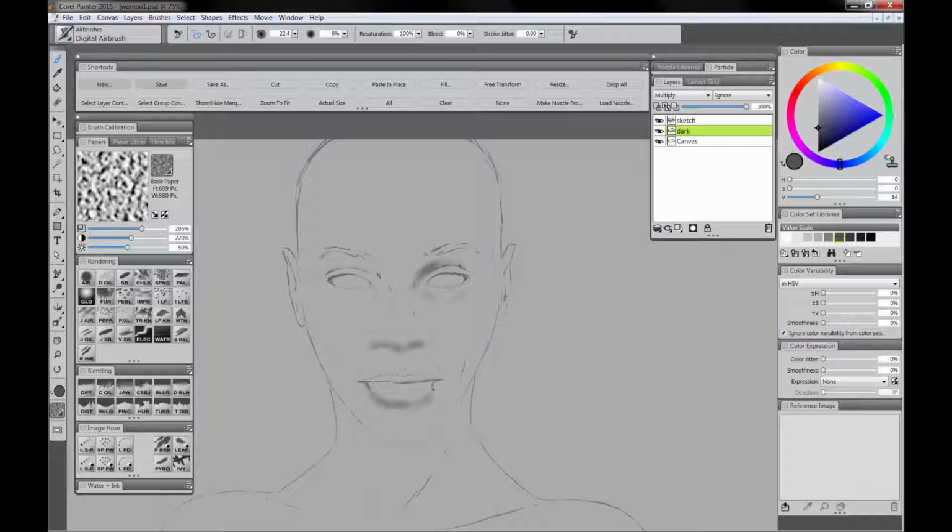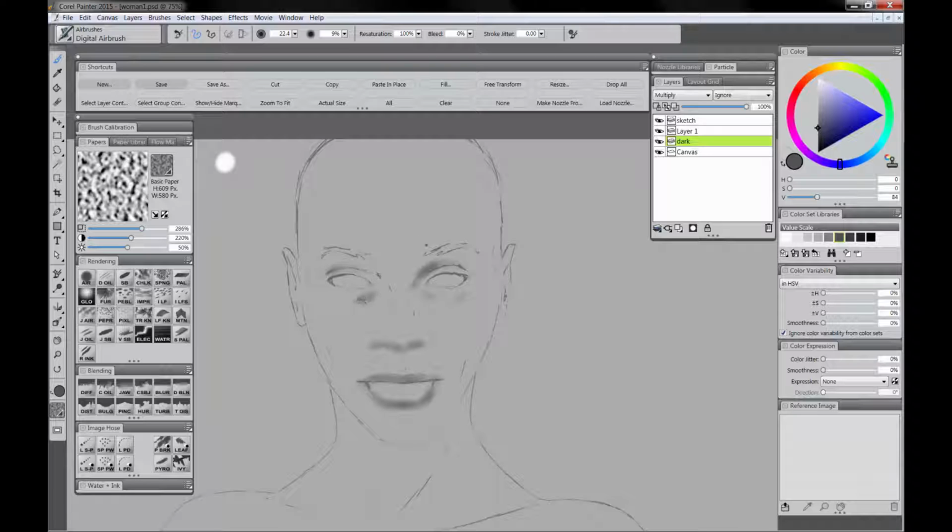Now at this point, I'm not looking at that model or that reference. I'm just going to shade this based on instinct. And there is kind of a logic to things when you're shading. You want to think about where your light's coming from. So let's say our light is coming from the top left over here. We can even draw it in with a little image there. So that's our light. And we want our shadows to be on the opposite side from our light. So that's what I'm doing on this dark layer here. I'm filling in these shadows